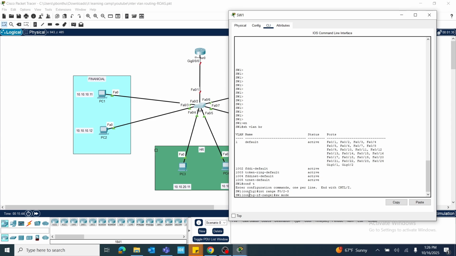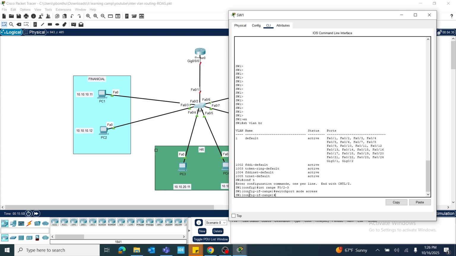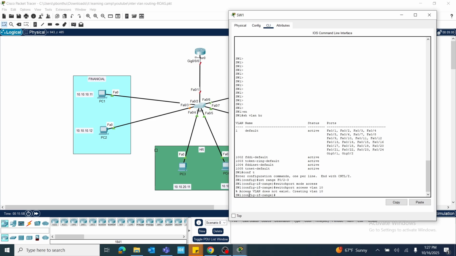switchport mode access, switchport access VLAN 10. See here, by default we have only 1 and 1002 to 1005. We don't have VLAN 10. We didn't create it. But after assigning VLAN 10 to the interface, it was automatically created on the switch. Next, moving to next